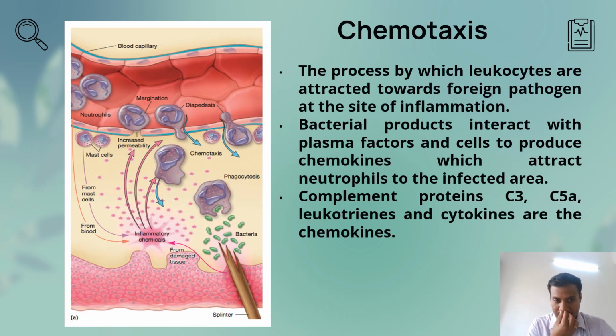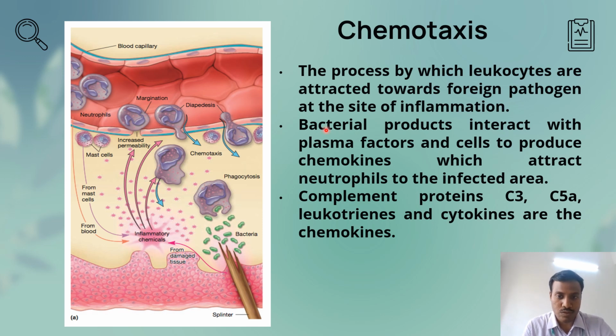The next step is chemotaxis. So the chemotaxis is actually the movement of the WBCs from the blood to the site of the injury. Okay, so after the diapedesis, the cells move into the site of the inflammation. The process by which leukocytes are attracted towards the foreign pathogen or at the site of the inflammation is